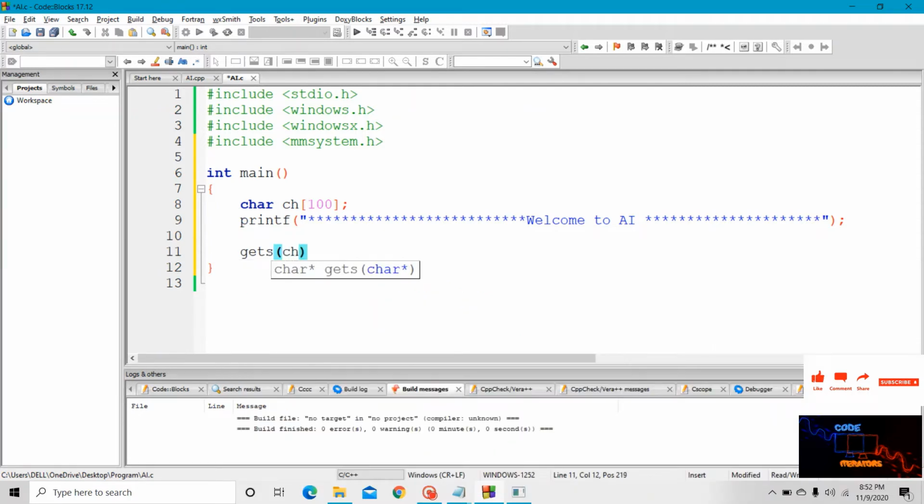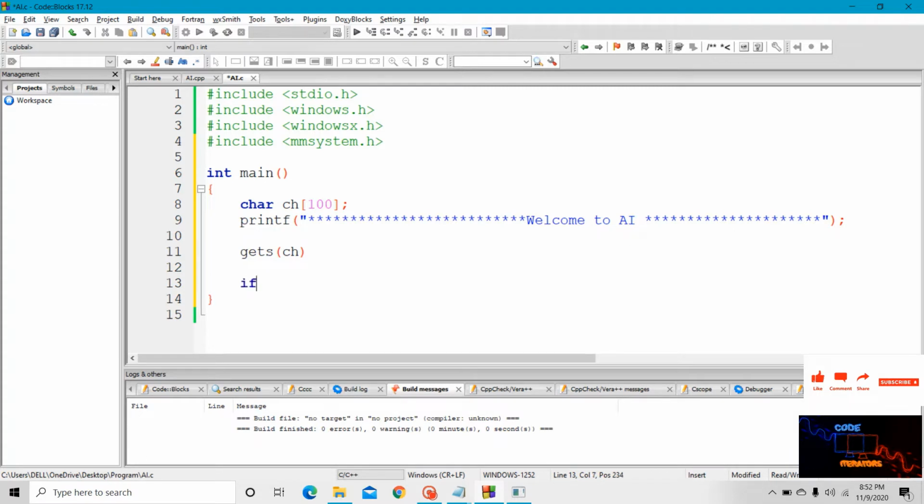Gets ch. Then I will compare the user message with our message. Suppose if a user writes hi, then the sound "hi sir, how can I help you" should be played. Then how to compare?